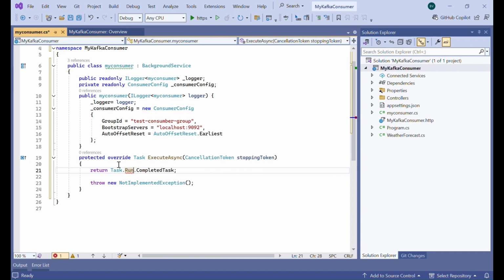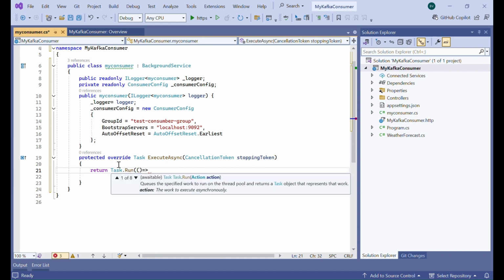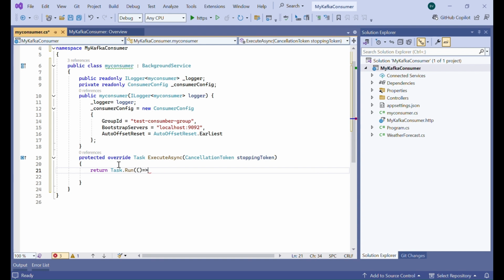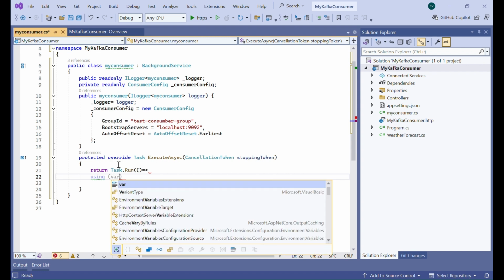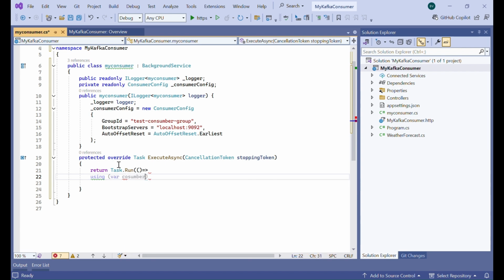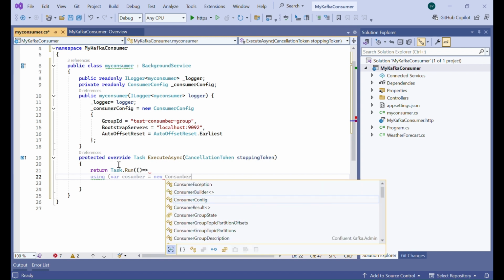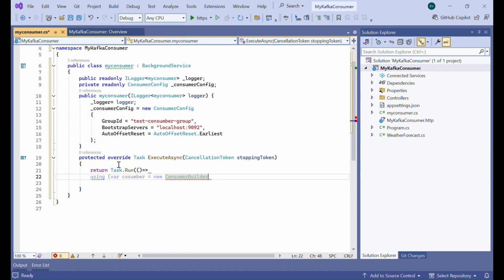We are going to create a Task.Run. If you want to call an async method in a non-async method, we use Task.Run here. Then we create a consumer builder, and within the consumer builder,